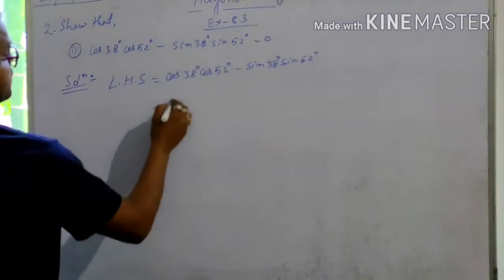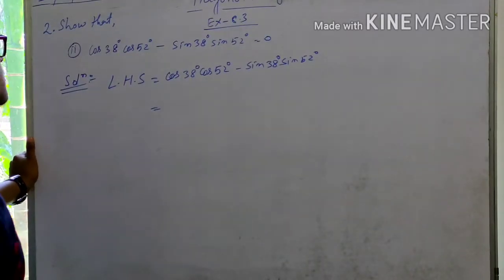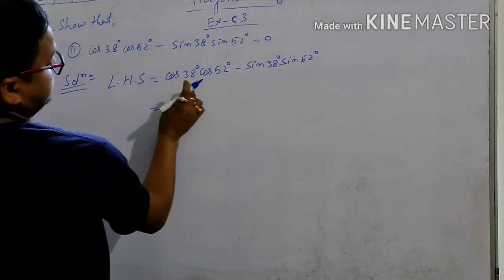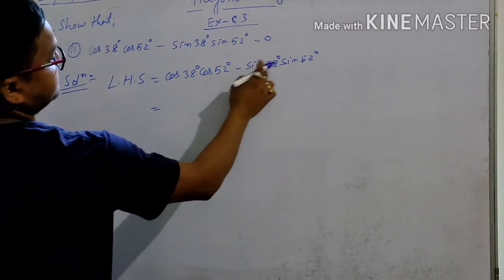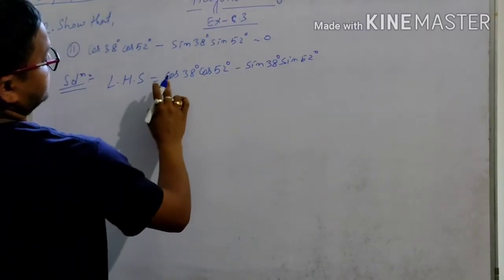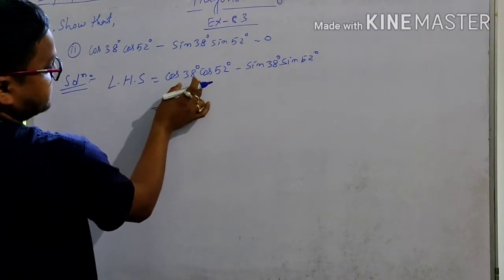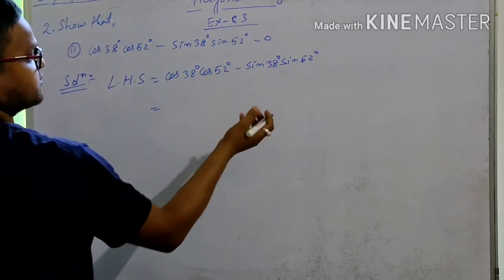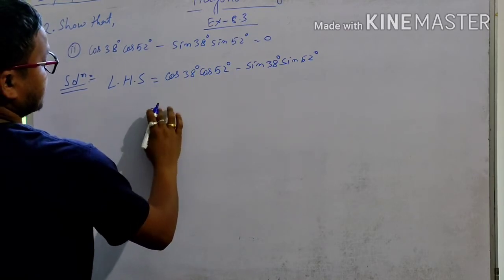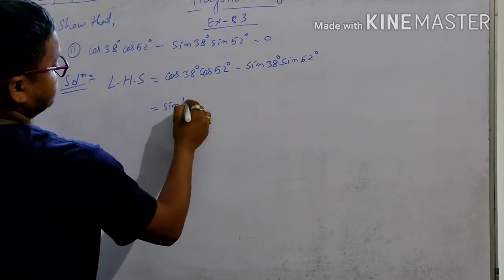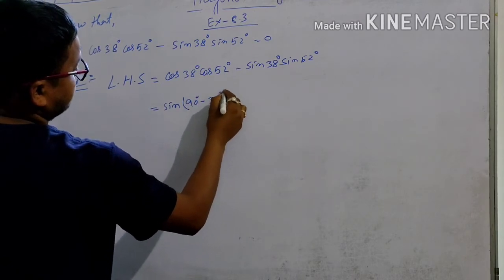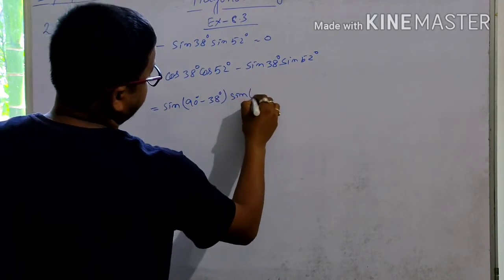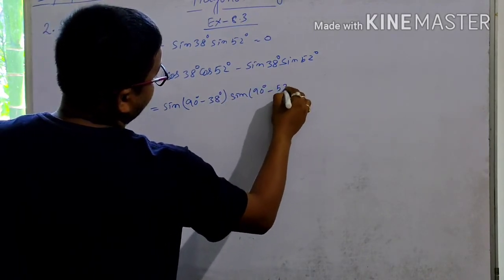Okay. So these are not in a specific angle, so we have to use the complementary angle. Now you see here cos, here sin. So from this you try to change this into sin. Then if both are sin, you will cancel this. The cos, if you write this cos in terms of sin, that is sin 90 minus 38. Then what you get? Cos 38. And here also you will get sin 90 degree minus 52 degree.